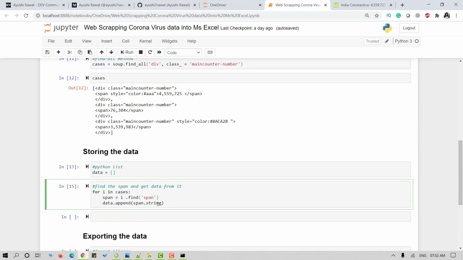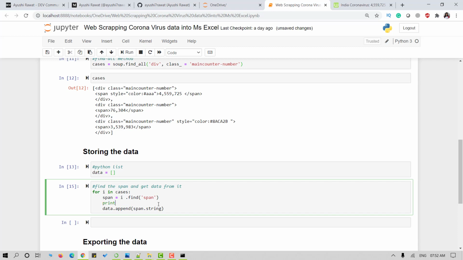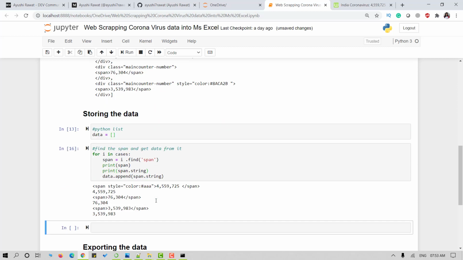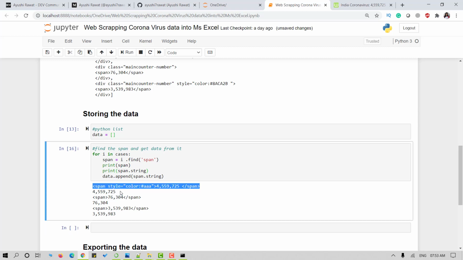Why do I use span.string here? Because we need the numbers. We do not want to be dealing with the tags. So we use span.string to get the numbers. I'll show you. See, span returns the data with the tags, but what we are actually interested in is just the data.